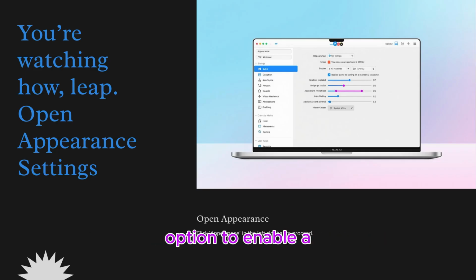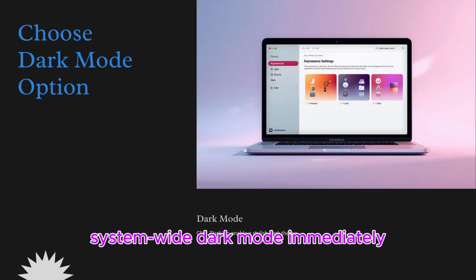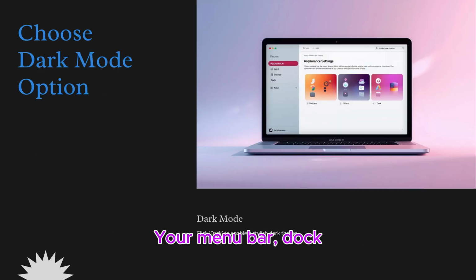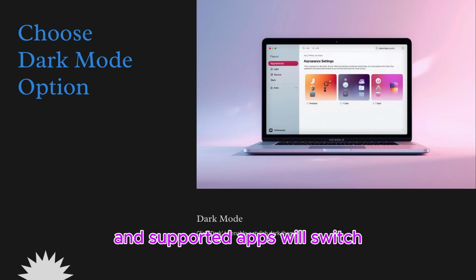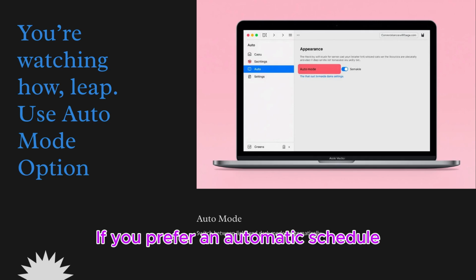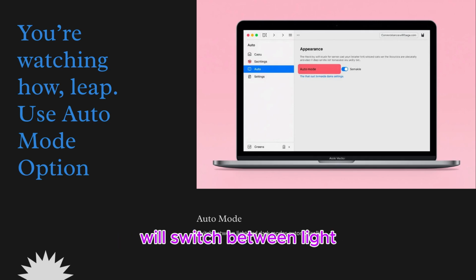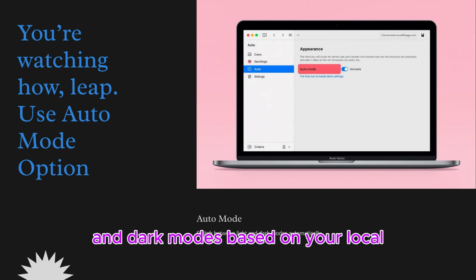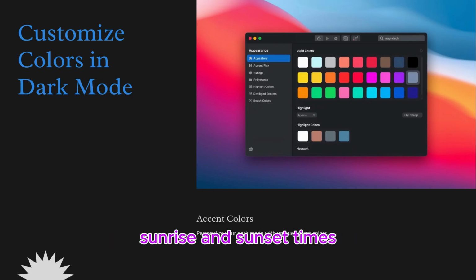Click the Dark option to enable a system-wide dark mode immediately. Your menu bar, dock, and supported apps will switch to a dark color scheme. If you prefer an automatic schedule, select Auto. This will switch between light and dark modes based on your local sunrise and sunset times. You can also customize accent colors and highlight colors from this